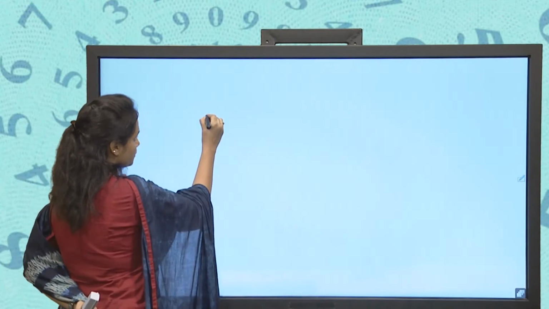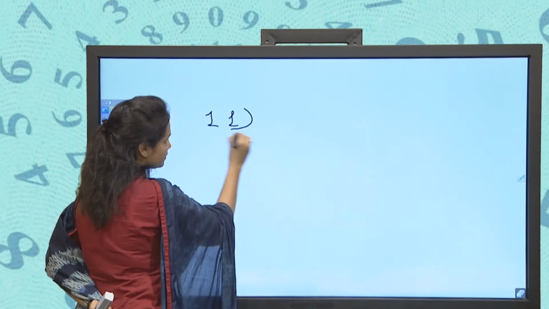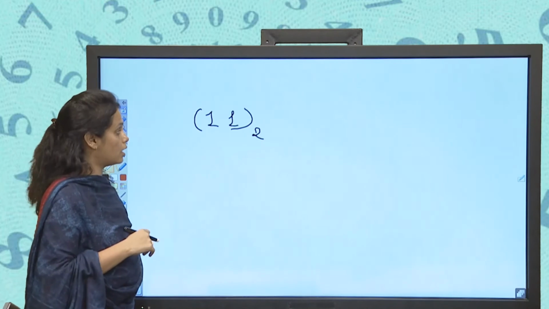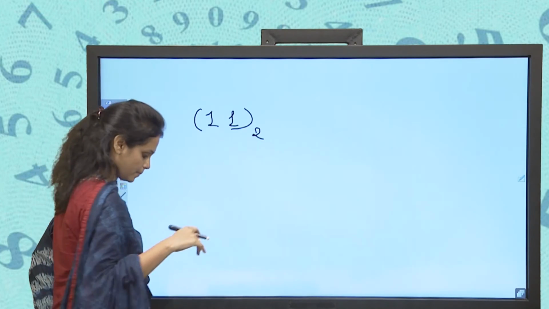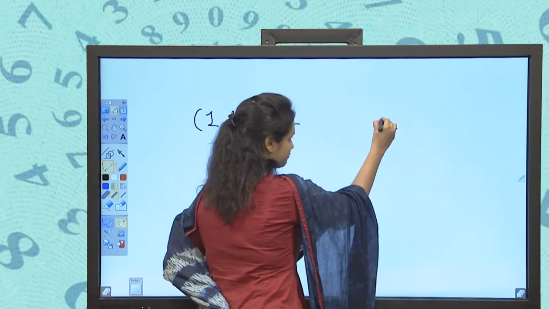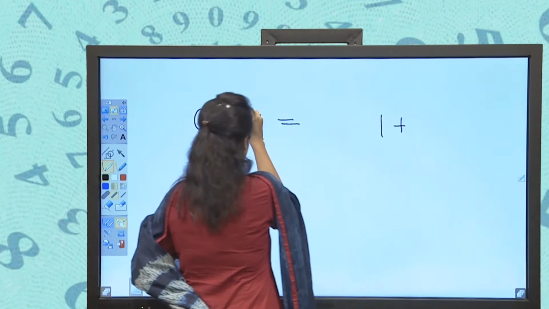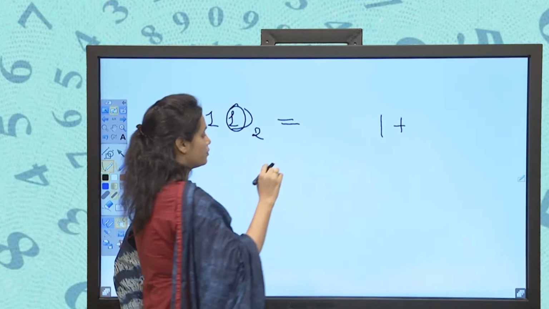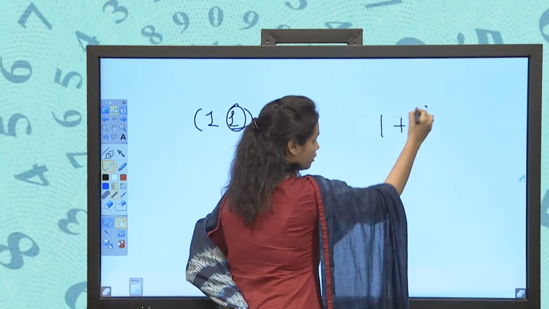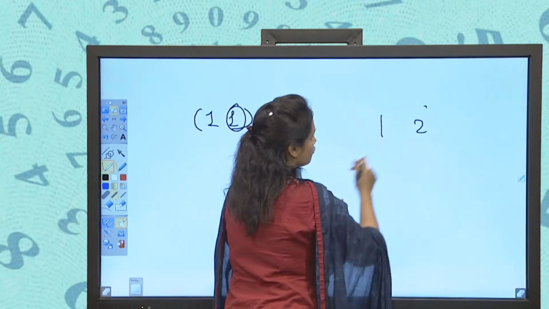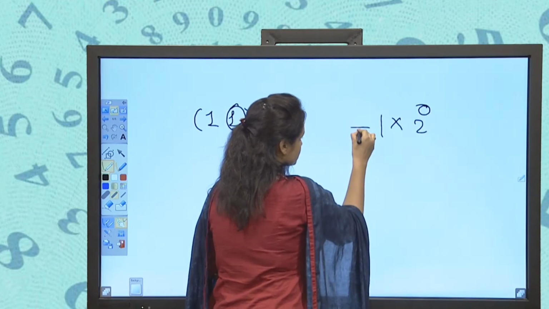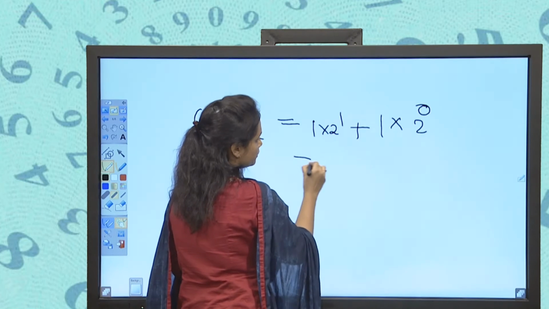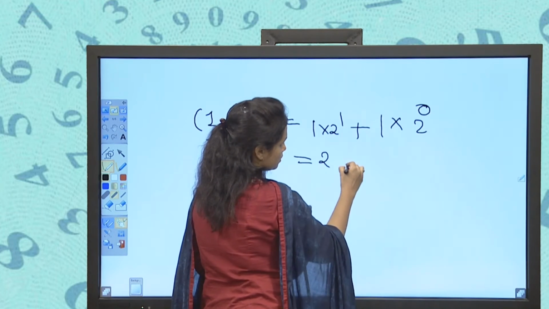Suppose our number is 11, again a binary number. Now how will we convert this binary number to decimal? Again we start from the left side, which is the leftmost number, 1. It is 1 into 2 raised to 0, plus the next symbol is 1, 1 into 2 raised to 1, that means 2, plus